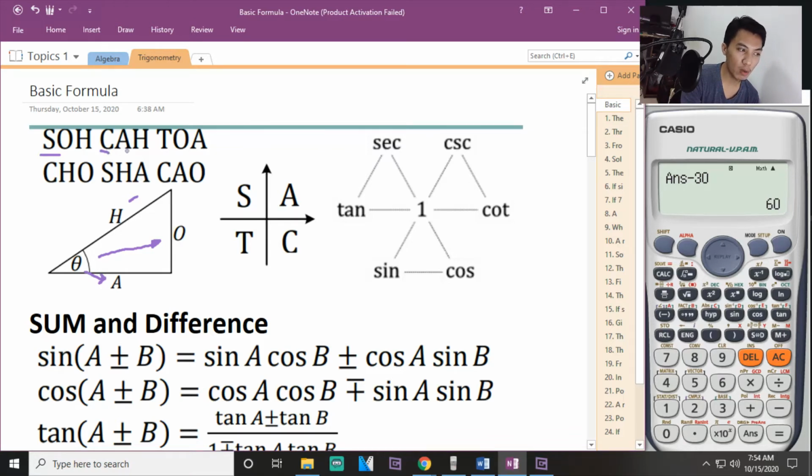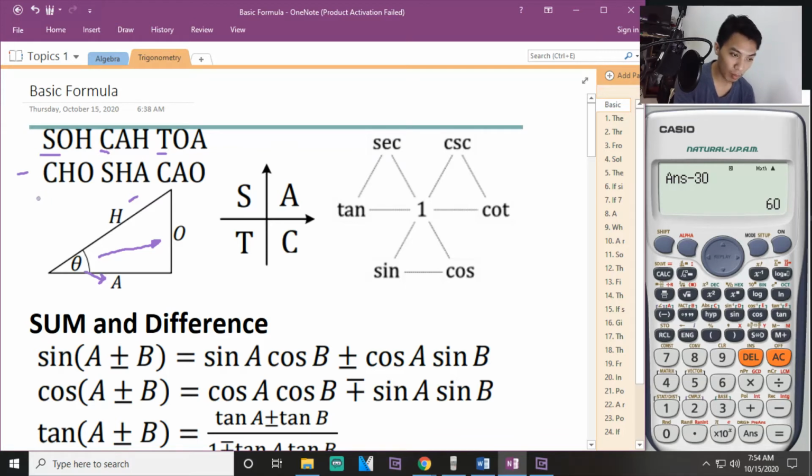Cosine theta is equal to adjacent over hypotenuse. Adjacent divided by hypotenuse. TOA, that is the tangent of the angle equal to opposite divided by adjacent. Okay. Now, these are the inverse angles. The inverse of your sine is